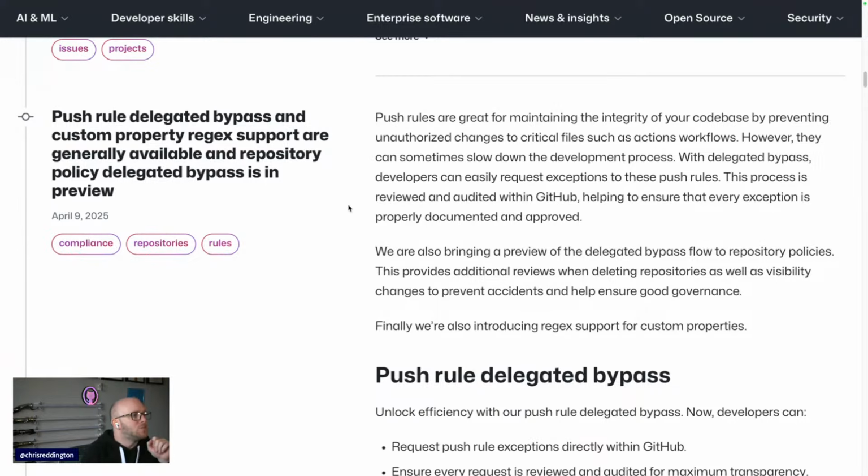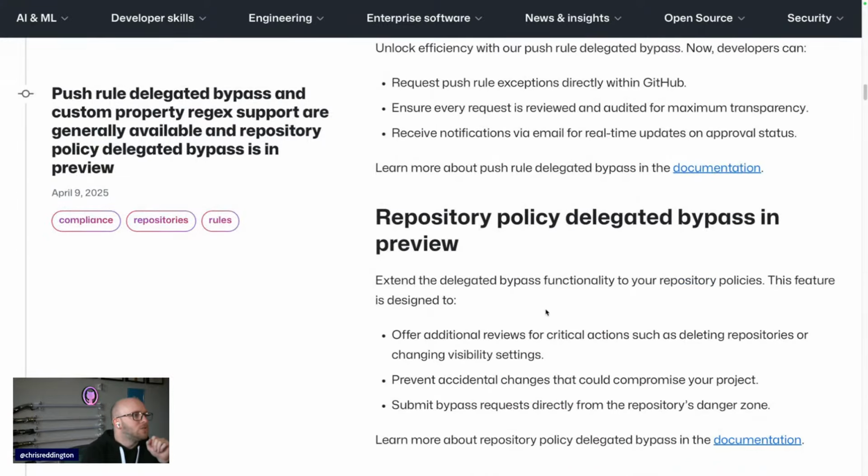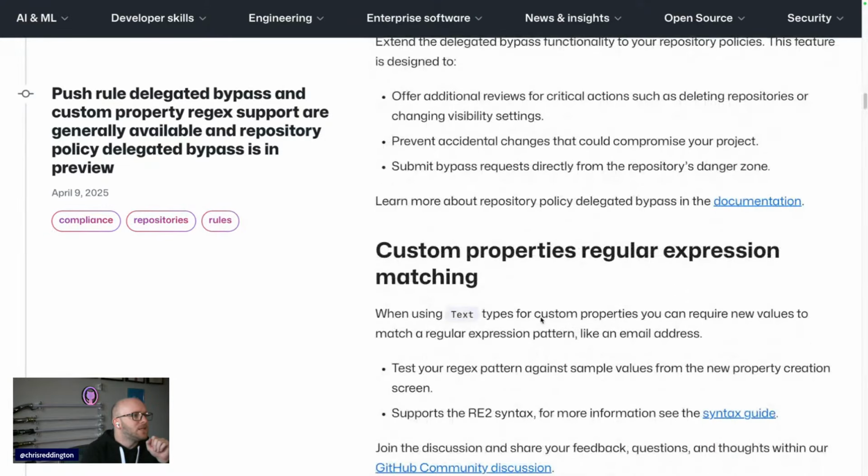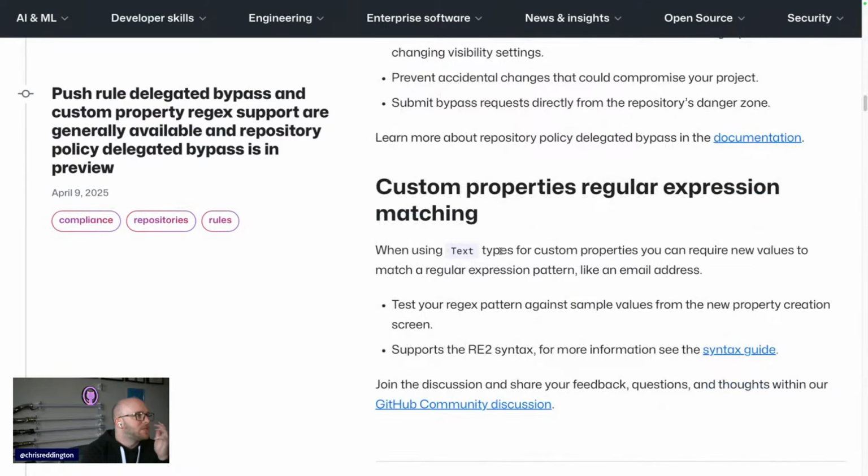Then regex support as well is pretty cool, where you can specify that if you're using custom properties, for example, and custom properties are a way that you can go and assign metadata to your repositories, so you can start targeting them flexibly based on those rules. Now with the text type, you can make sure that the text follows a certain standard, a certain pattern using regex.